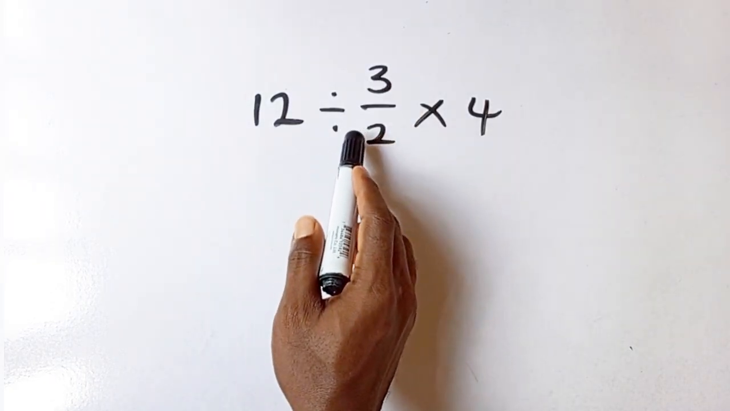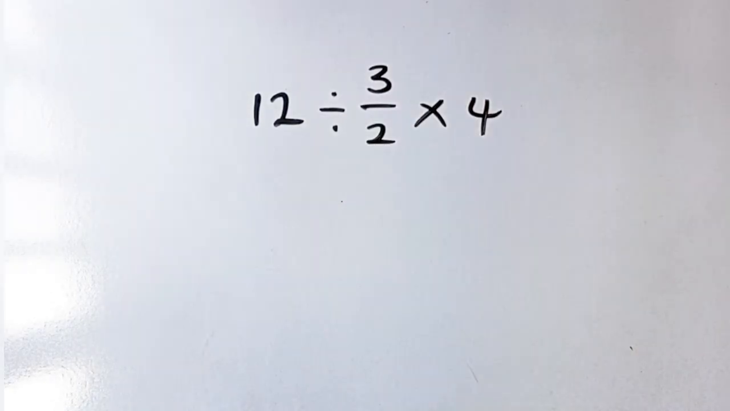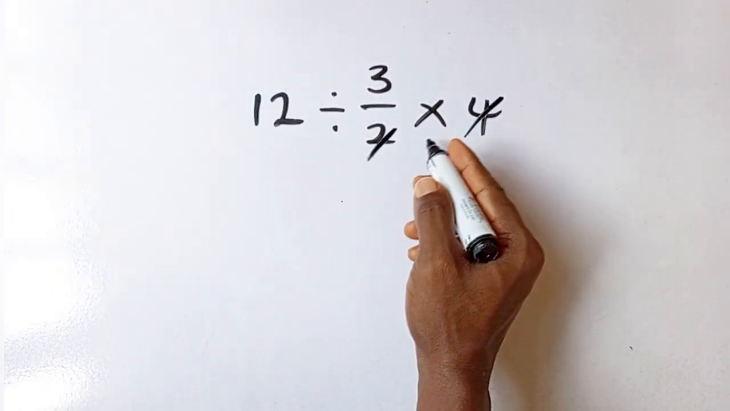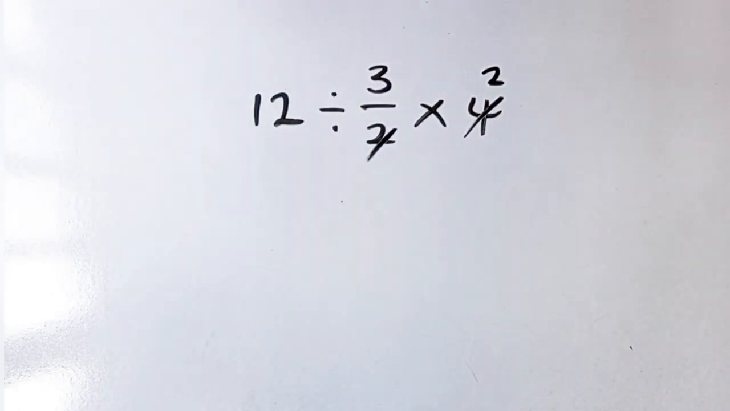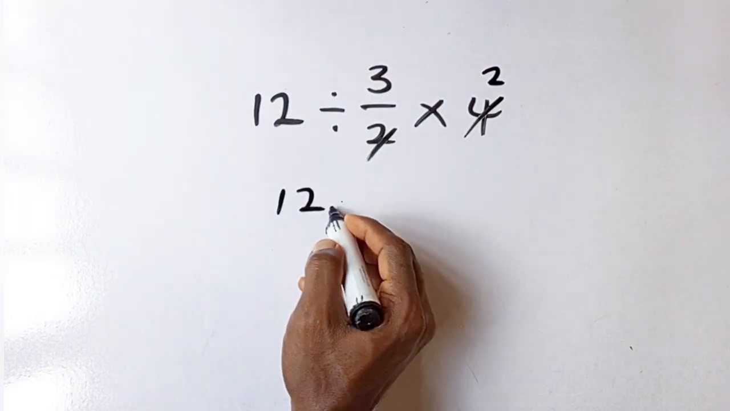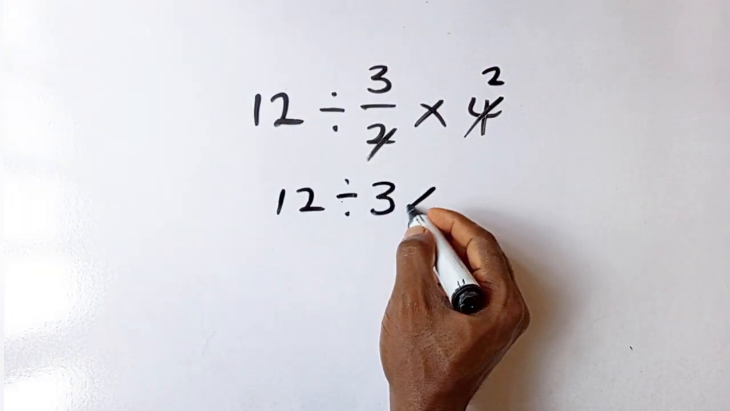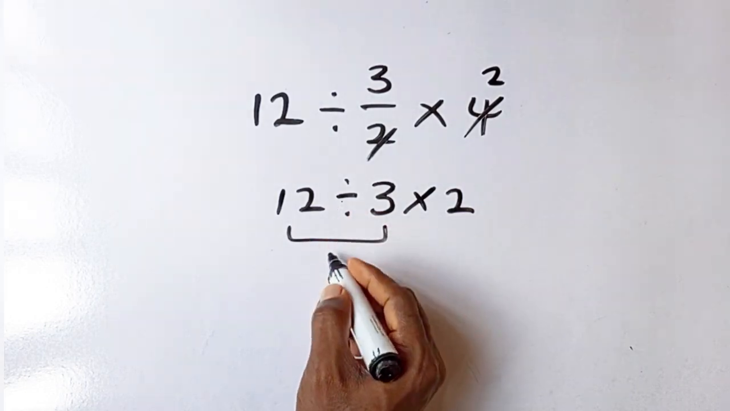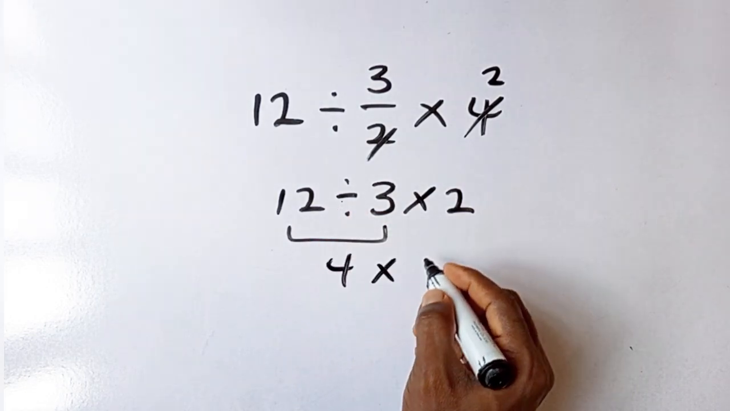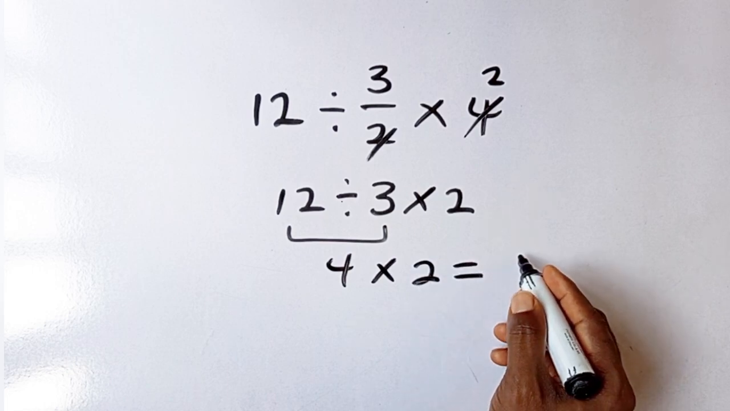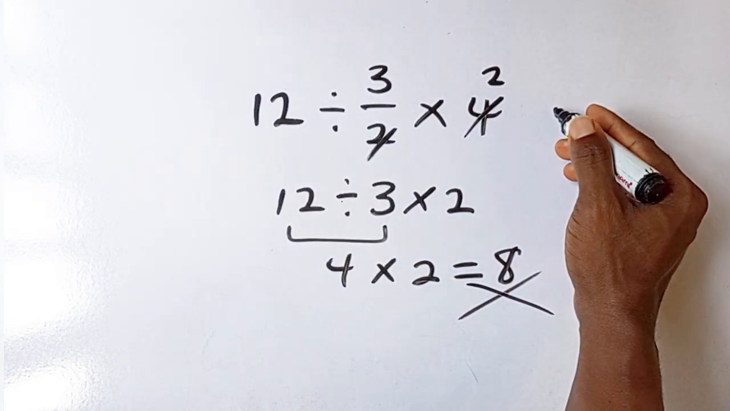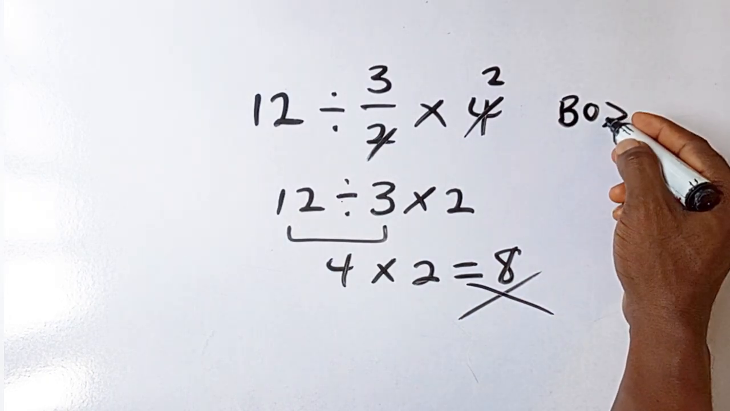12 divided by 3 over 2 times 4. Now, if this 2 divides this 2, this is going to give us 2, right? So we have 12 divided by 3 times 2. 12 divided by 3 is going to give us 4, times this 2, which equals what? 8. But this answer is not correct, because according to the order of operations, BODMAS,